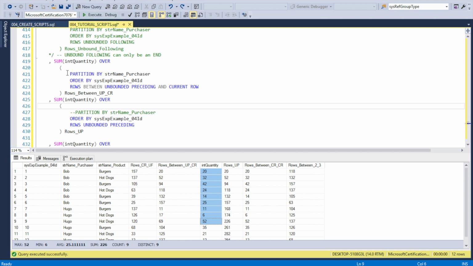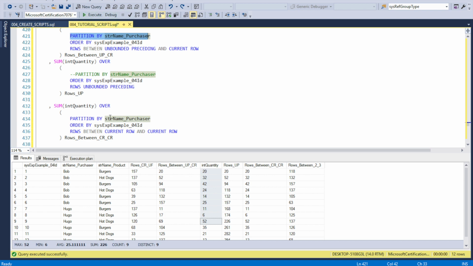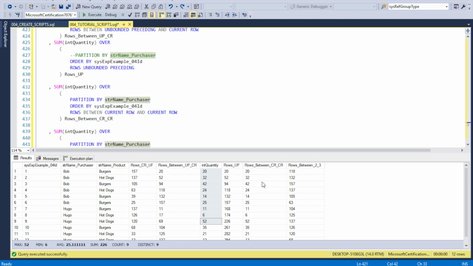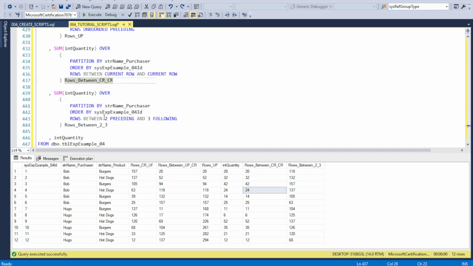So we can have both a partitioned and a non-partitioned over statement in the same clause. When we do, it's valid, we can say between current row and current row, and we don't get anything back. And I'll explain this current row to current row, why you would want to do that with range. And then finally, we can actually give